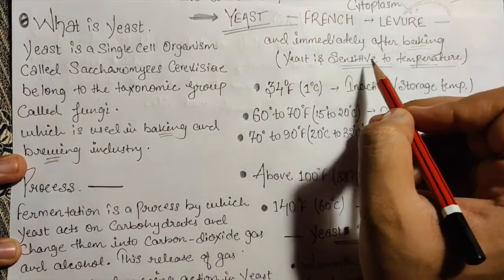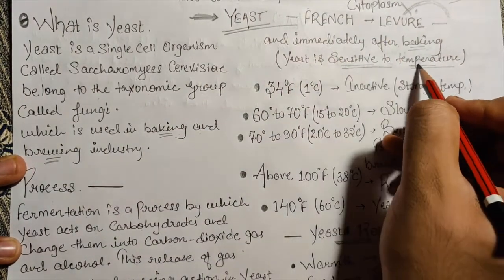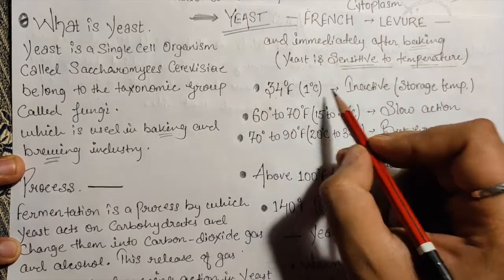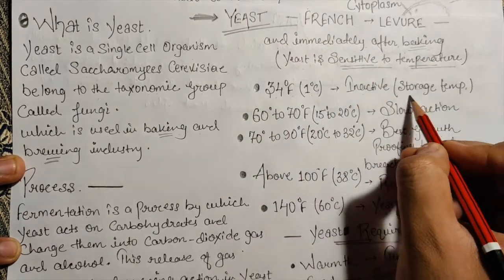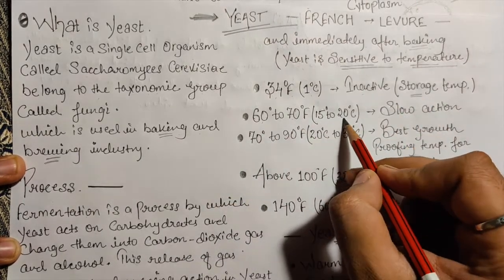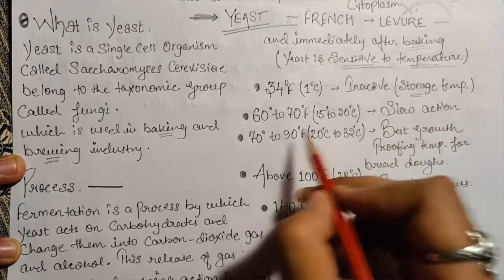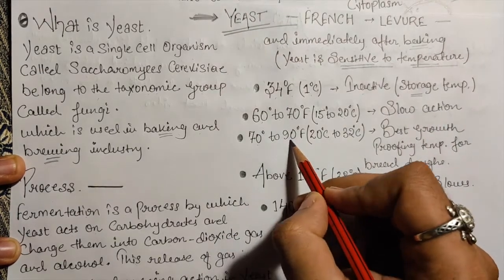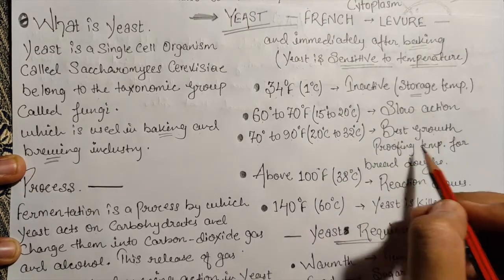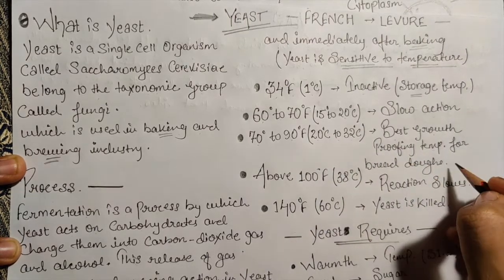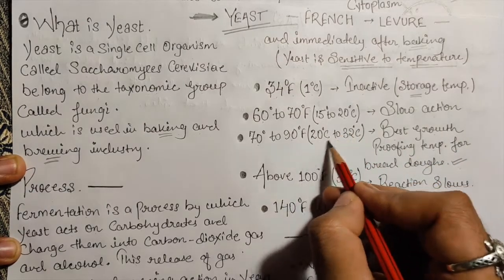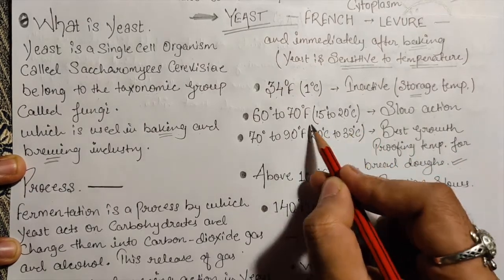Let's figure out how sensitive yeast is to temperatures. 34 Fahrenheit, which is 1 Celsius, is inactive, meaning storage temperature. 60 to 70 Fahrenheit, which is 15 to 20 Celsius, means slow action. 70 to 90 Fahrenheit, which is 20 to 32 Celsius, means best growth, the proofing temperature for bread dough. This is important, so we should keep our dough at this particular temperature where we can get a better